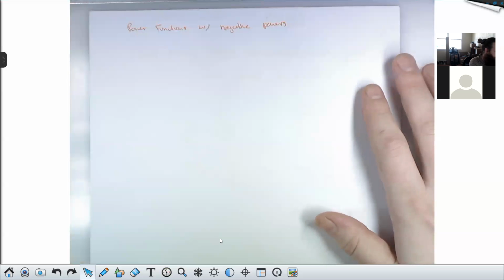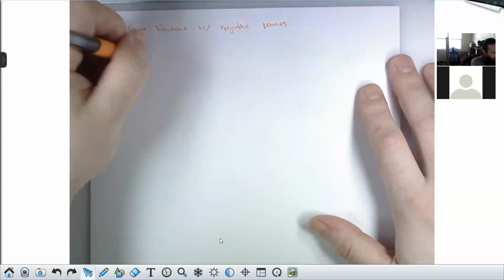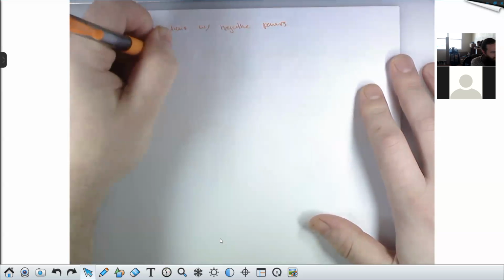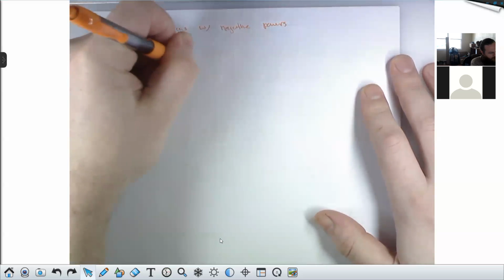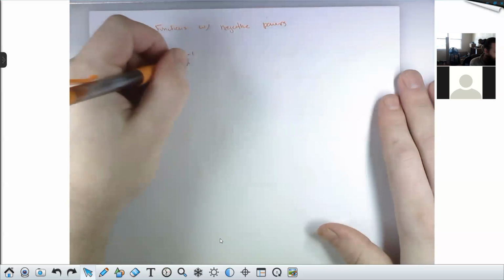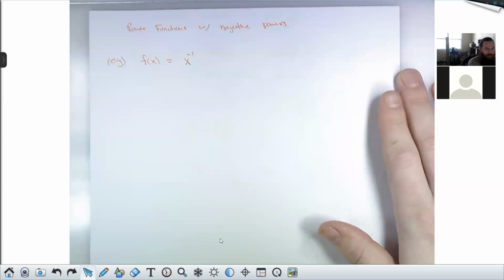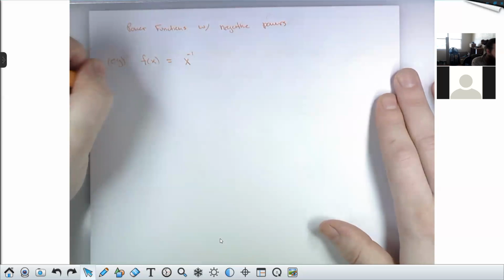So kind of the classic one here. It's just x to the negative 1. And if we want to get a feel for this guy, we can make a table. I don't know if you guys have seen the graph of this function before, but